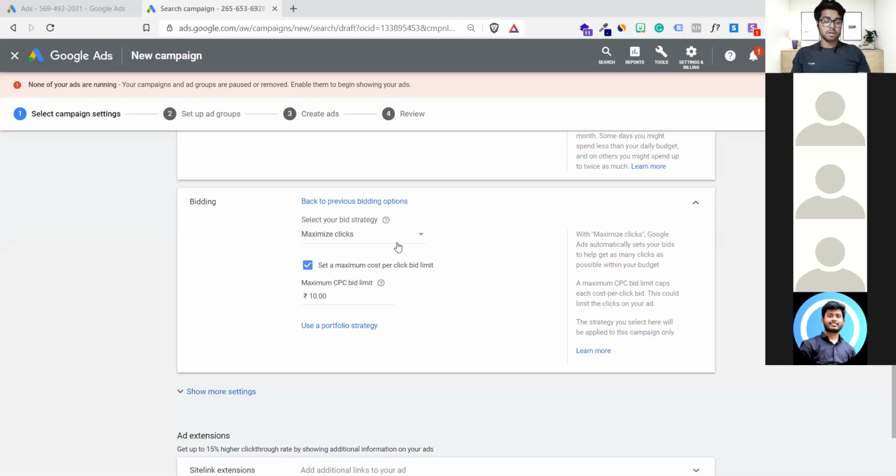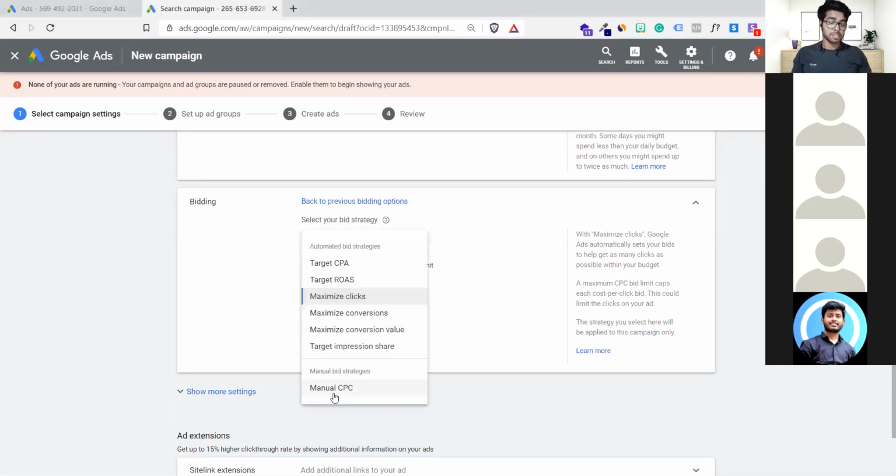So if you have not used it yet, use this maximize clicks approach, or else you can use the manual CPC approach. I'll always recommend going with maximize clicks, because if you have Google AI support, you will always feel supported. Otherwise, you will find multiple scenarios and problems: your impressions are not coming, people are not clicking to the website, your ad is not getting spent, not getting enough data to analyze, not having a right quality score. Lots of problems with that.